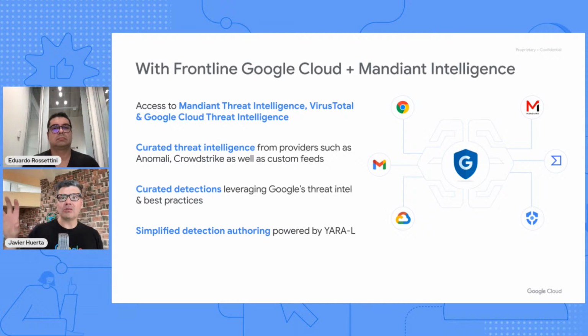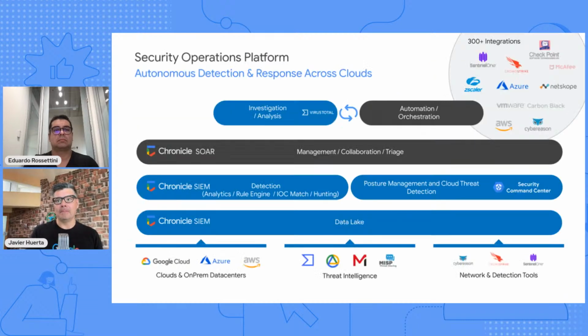So this is also a place where you will get information regarding security and how to detect and remediate threats that are on the internet. So basically what we are trying to do with Mandiant is getting you a different source of information so you can do threat detection in real time, but with a lot higher intelligence than just correlating data. This will give you the information you need to start figuring out which is an attack and which is just a normal